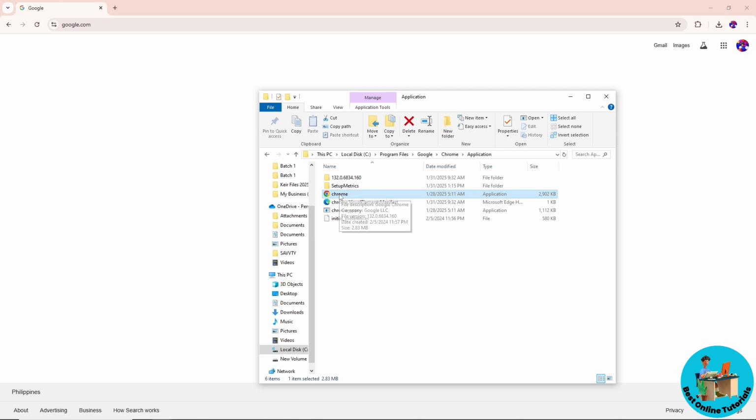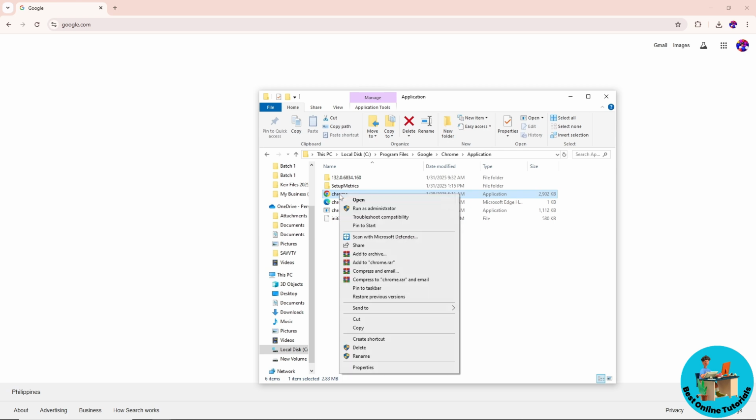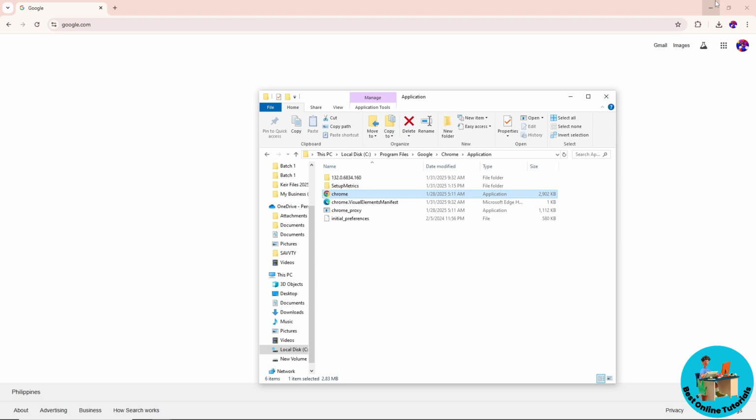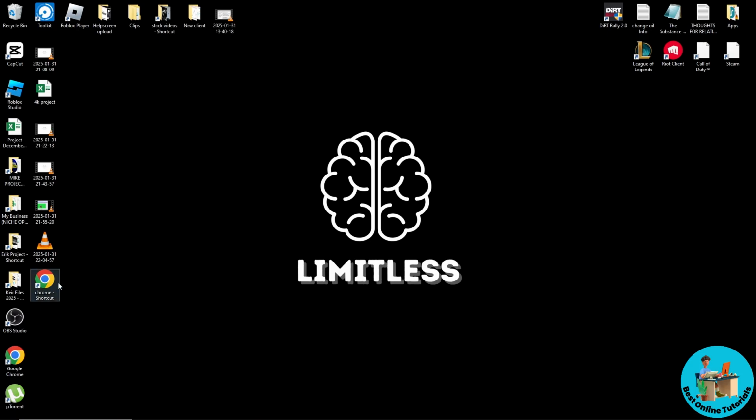In order for you to create a shortcut, just right click on it. And from here, you will have this option, create shortcut. As you can see, we have a warning that our shortcut will be placed on the desktop. So just click on yes. And after that, when we go to the desktop, as you can see guys, we should have the Chrome shortcut